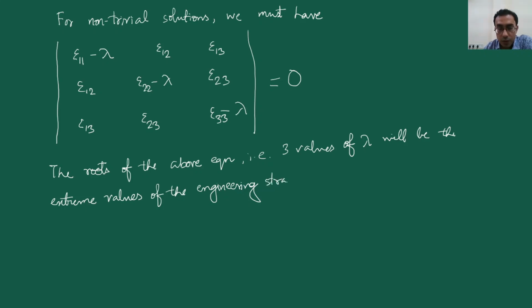Please note that these extreme values of the lambdas are like the eigenvalues. These are the eigenvalues, and corresponding to each